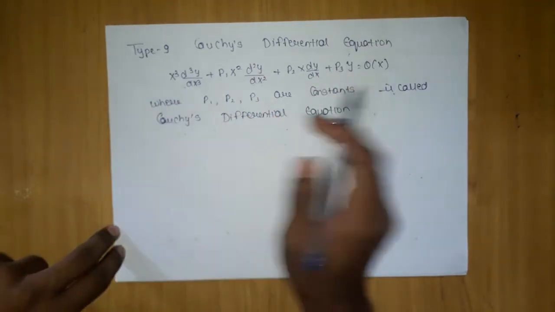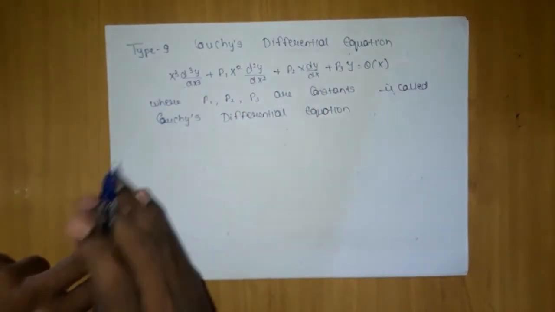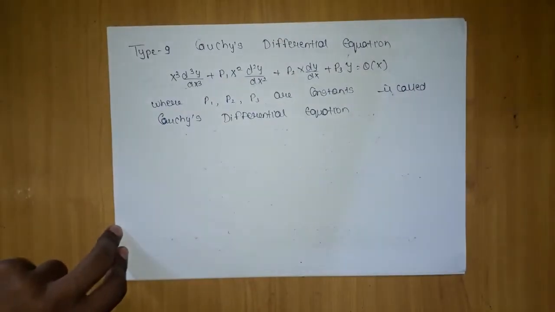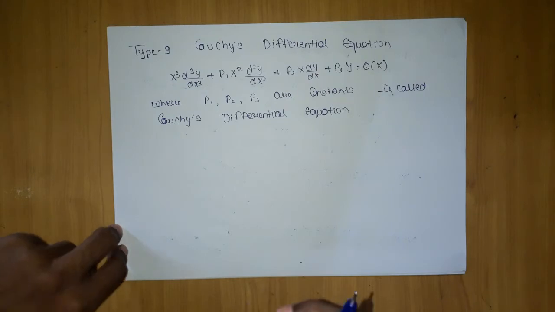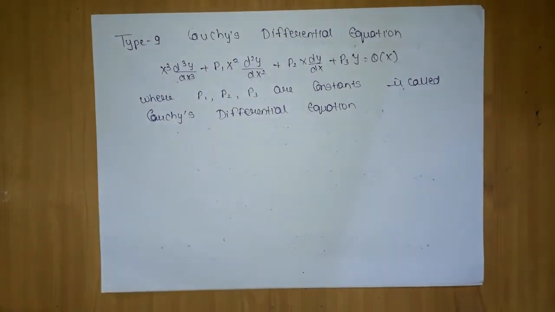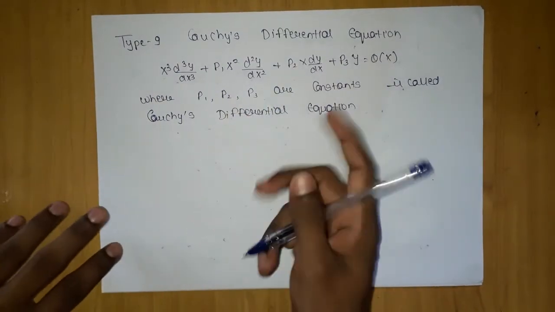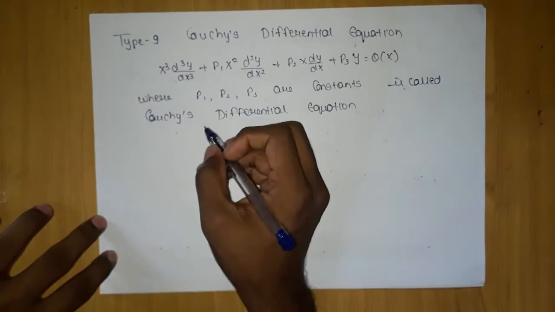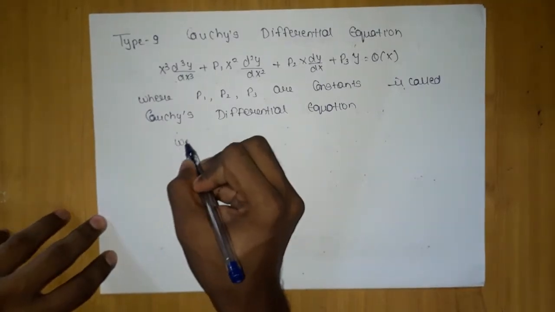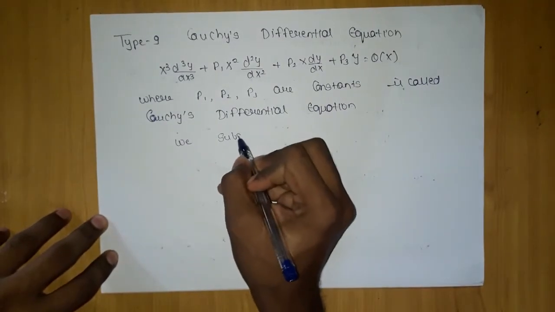Now this is not the equation which we solve. The type of equation we solve is the higher order linear differential equation with constant coefficient, which is what this chapter is all about. We know how to solve those type of questions, but we don't know how to solve this Cauchy differential equation. So we are going to convert this differential equation into that format. How do we do that? We do the substitution.